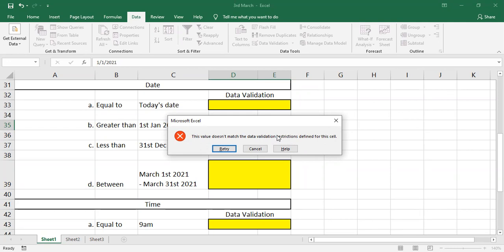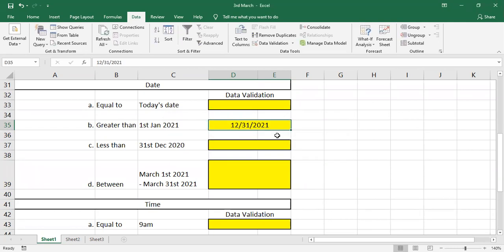Control semicolon. Yes, that is a shortcut key. Control semicolon for date, it is a shortcut key. If you want to display only, whatever you said, it is right. When it comes to function, if you give equals today, open a bracket, close bracket, it will display today's date. Today's date means whatever date which is set in your system, right? That date it will display.